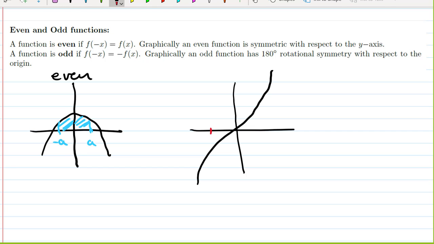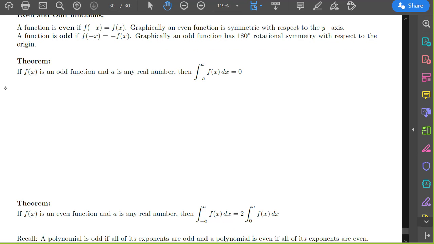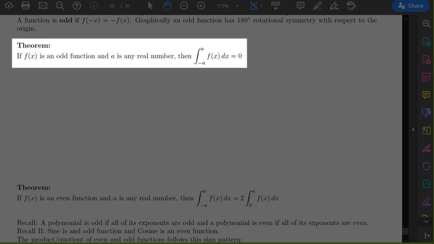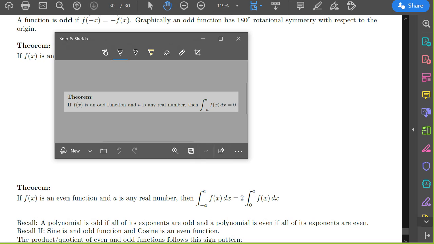Similarly, if I had negative a and a here, if I have an odd function, the symmetry would look like this. These things would have the same area, but we know that if area is above the x-axis, this is positive, and if area is below the x-axis, we know that it's negative. So then, this gives us at least a basic idea of why the following theorems are true. So our first theorem says, if f of x is an odd function,